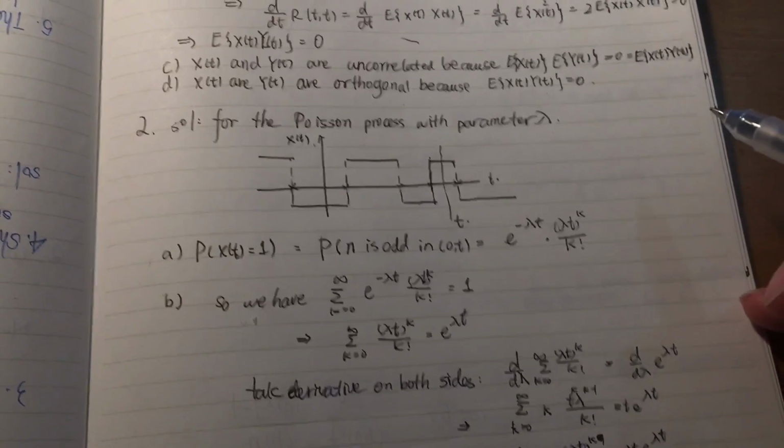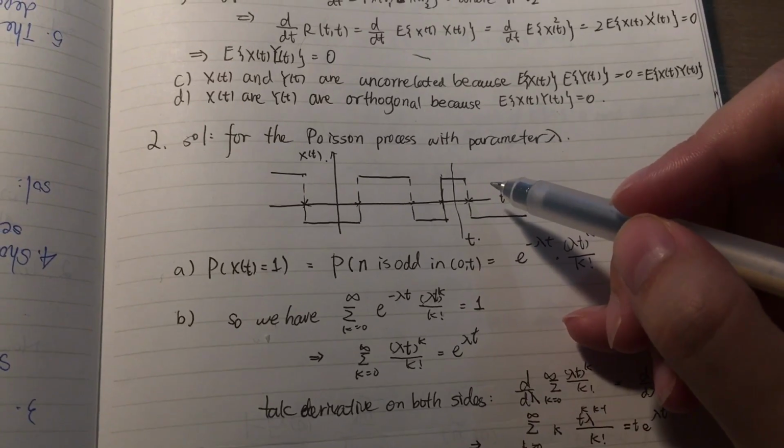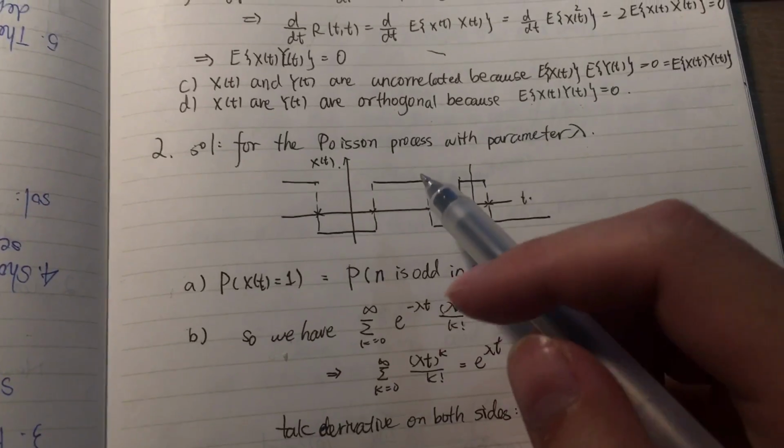This is a video record for homework A, problem 2. The problem setting is: let N be a Poisson process with parameter lambda, and the probability of this process